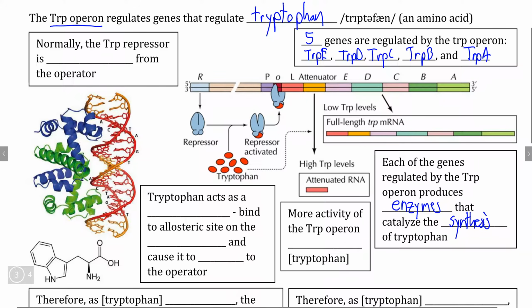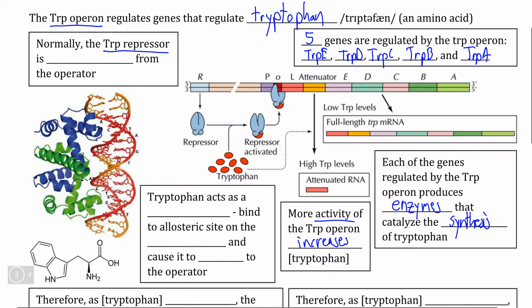Now, none of this is really necessary. The point is that every single one of these proteins is needed to give this amino acid in its functional form, and the more activity that this operon has, the higher the concentration of tryptophan is going to be inside of the bacterium, naturally. The main difference in understanding how the trp operon functions compared to how the lac operon functions